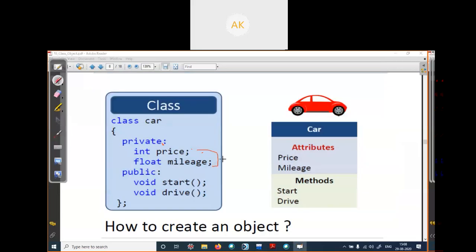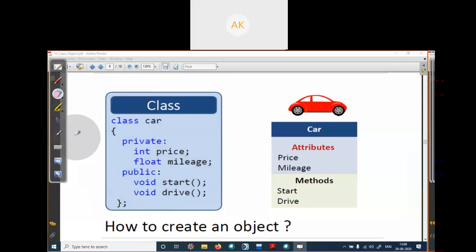As you write here, private colon, then the data. Then you write public colon and your methods, the start method and the drive method. These methods can be accessed by any object, but your data cannot be accessed by other objects or from outside your program. This is how you can declare your class.